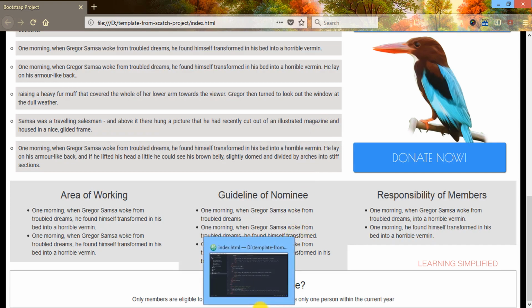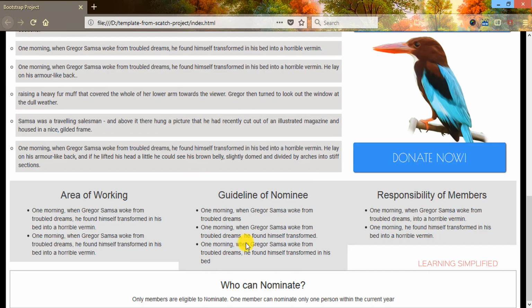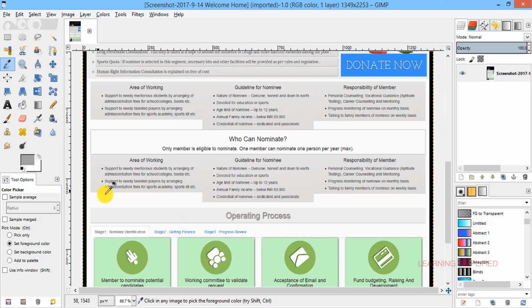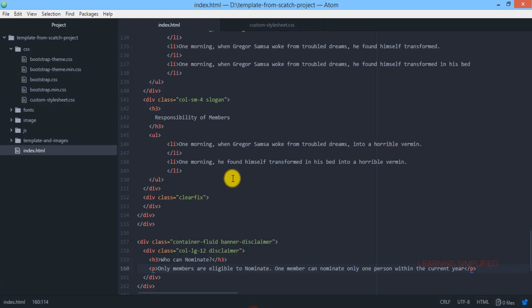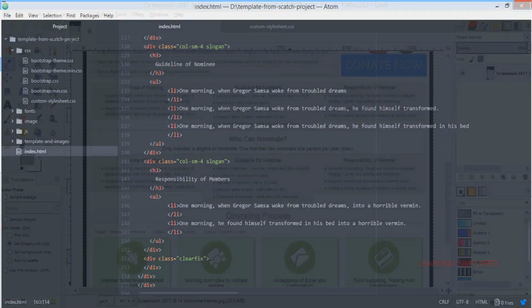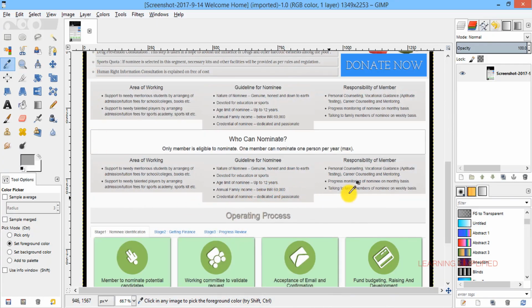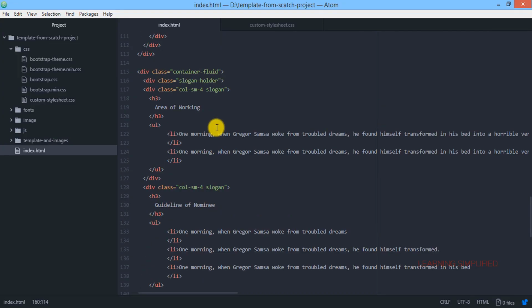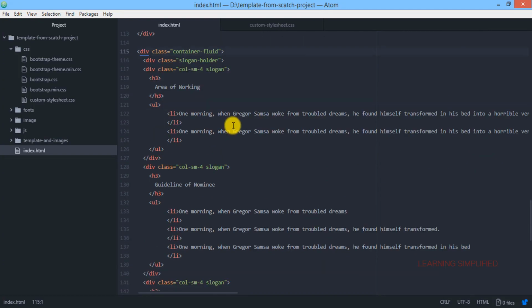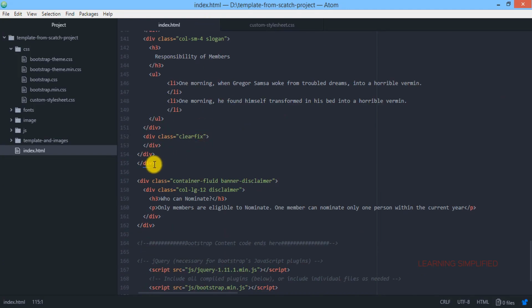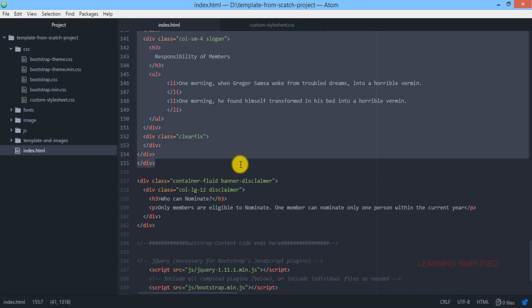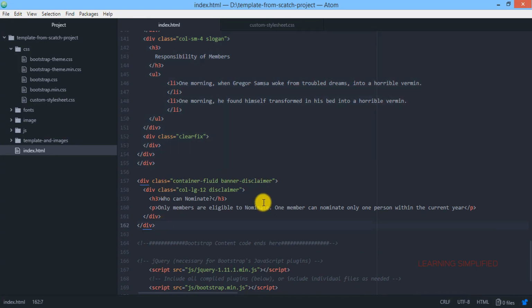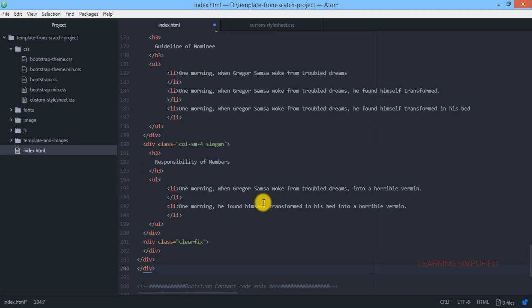In the last phase, all we are now going to do is create this particular area which seems to be a twin brother of this above part. In the first place, we have created a particular class here, so there shouldn't be any problem. We are copying and pasting all those things we have done over here in the previous place. So that is why we are getting back here into this index.html. We are copying it, and beneath this banner disclaimer, we are now pasting it.